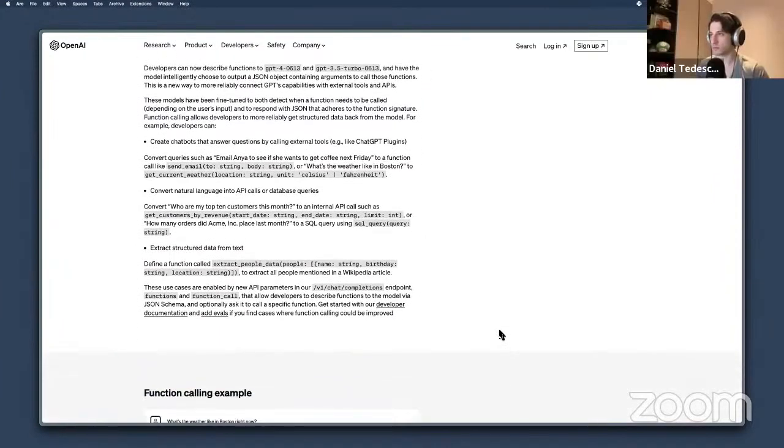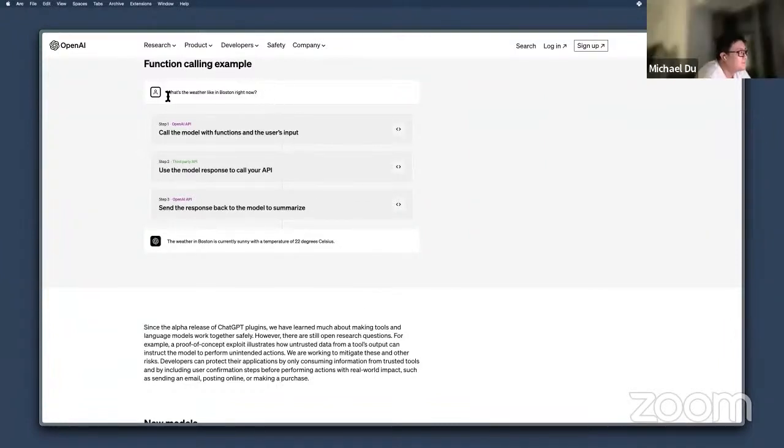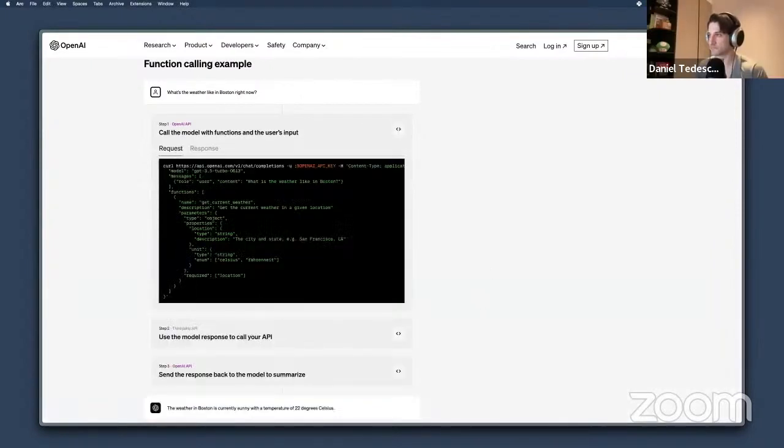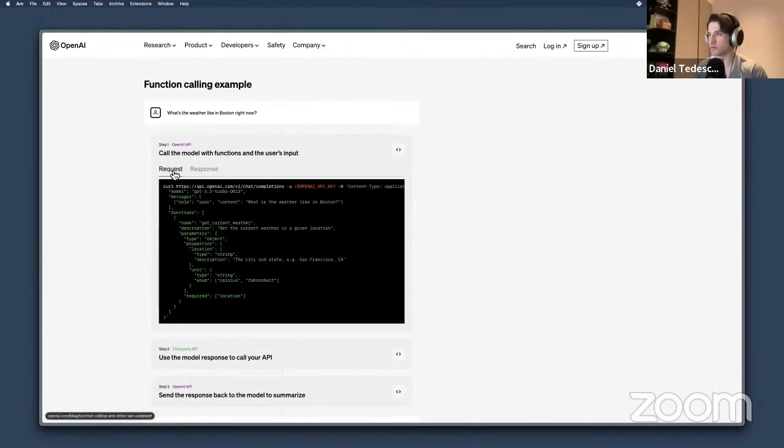So how does it work? I actually haven't looked at these examples directly, but okay. So the user asks, what's the weather like in Boston right now? What OpenAI gets is messages, which we're used to, but what's new is functions.